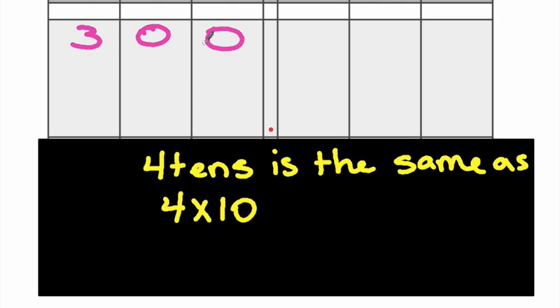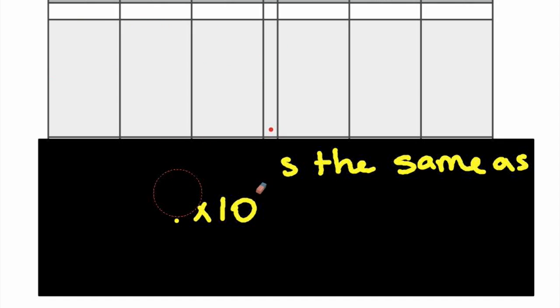No, because 3 times 100 would be 300, so we put 3 in the 100 place. And then 4 times 10 would be 40, and 4 10. And then that would be, we add